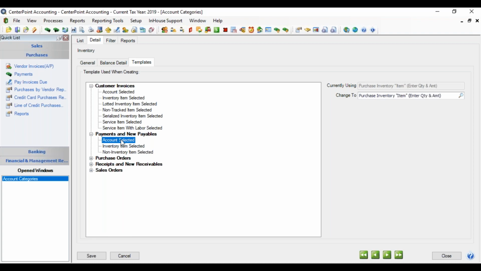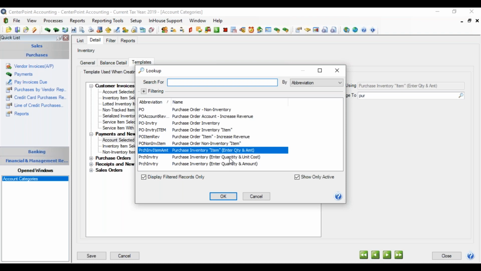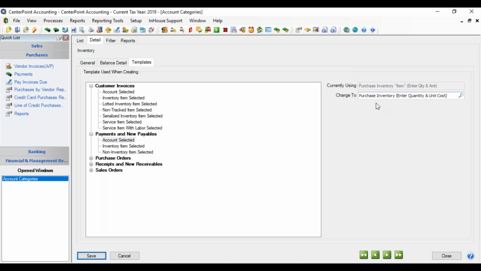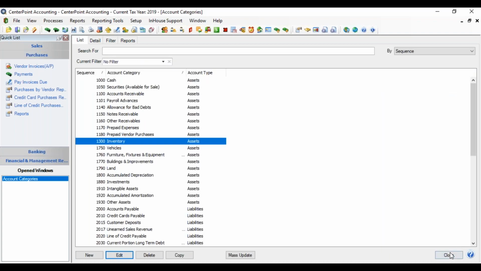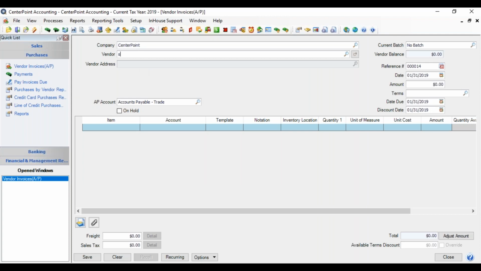And highlight Account Selected and change my account here to Purchase, enter quantity and unit cost. Now that's going to make my default when I select the account to be using my enter quantity and unit cost. And I'll save that. Close my screen, go back to my vendor invoice. And now we're going to select the Mohawk again. Oops, this time we're going to go to account,